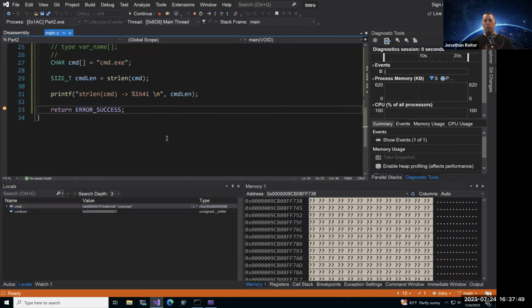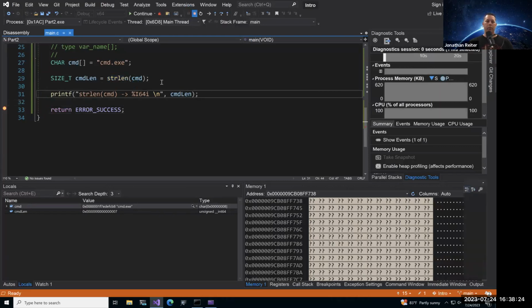Sweet. One thing interesting to know, no worries, Tyson. Yeah, all good, man. One thing interesting to know about strlen: yes, it's going to give you the length of the array, or of the string, looking for that null byte, but it does not include the null byte in its length calculation. All it does is a little loop-de-loop, looking for that null byte, and it says, oh, all right, I think I found it. Then we're good to go.